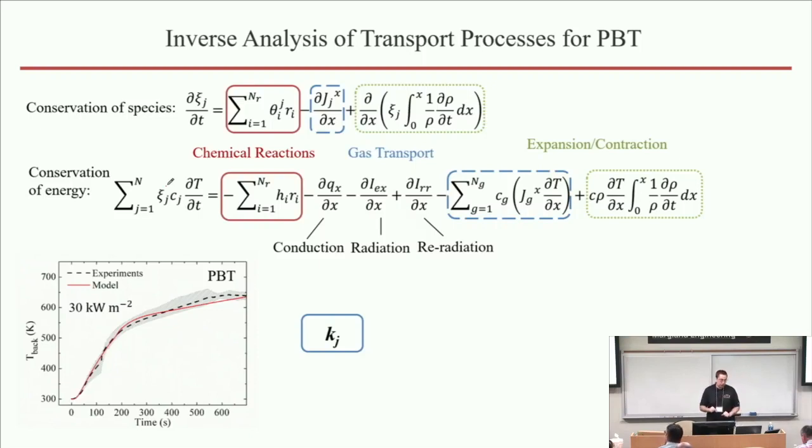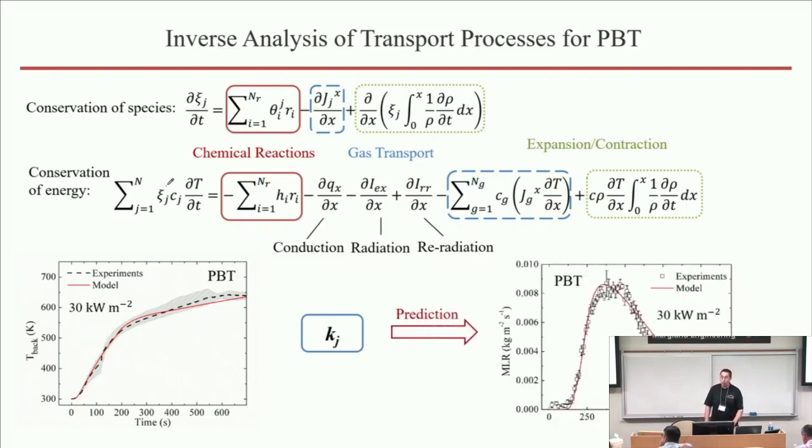You have transport processes. And as a last step, you attempt to predict whether or not the mass loss rates measured in this non-thermally thin experiment are actually correctly represented by the model. So here is an example where they do, right? If you complete this parameterization and you find a result like this, where the model predicts the mass loss rate in this non-thermally thin gasification experiment, effectively you have married your kinetics that you measured in milligram scale tests with your transport properties that you measured at this scale, and when they work together, they actually give you the right results. You can feel fairly confident that the model should work.